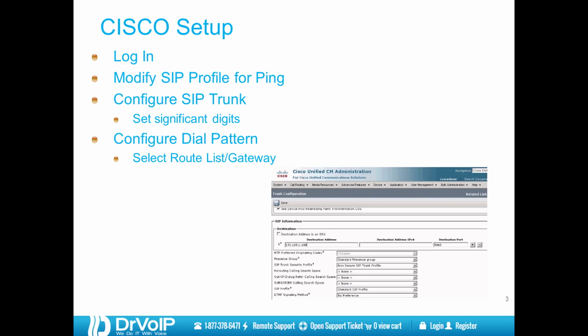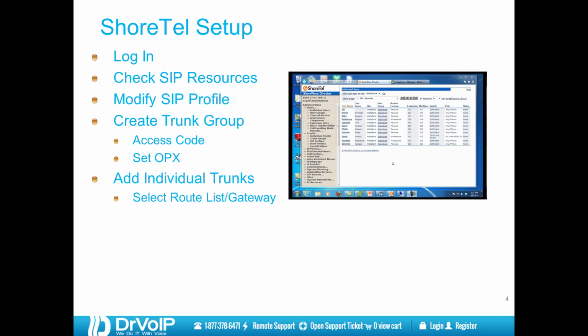We will configure the SIP trunk. We'll set the significant digits for that SIP trunk. And we will also configure a dial pattern so that when the call manager sees these digits, it'll know to use this SIP trunk. On the ShoreTel side, we'll log in, we'll check SIP resources, and we'll modify the standard